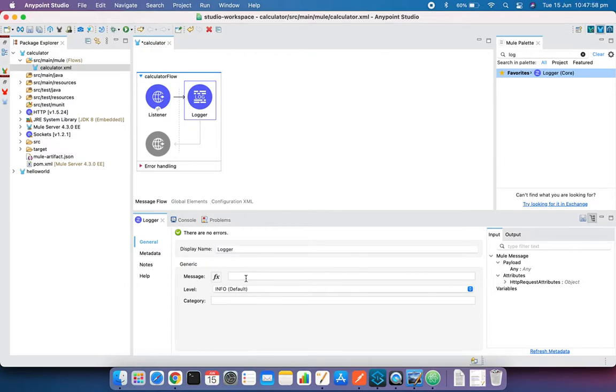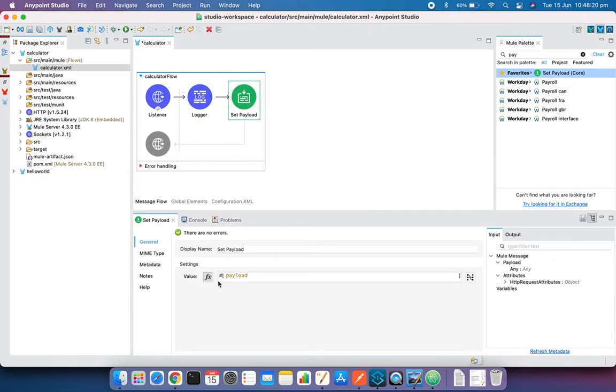Let's write a log method, and then set the payload. Payload will be equal to